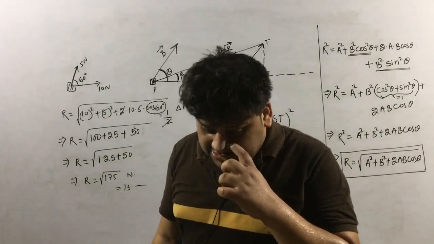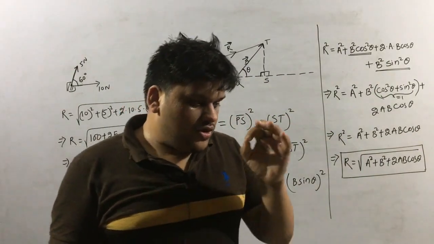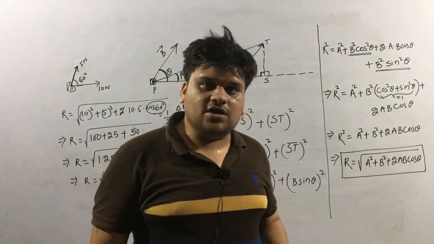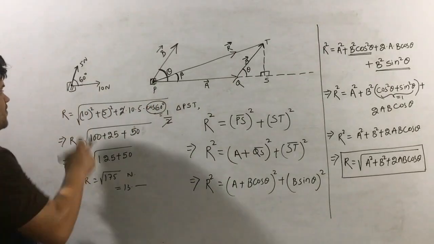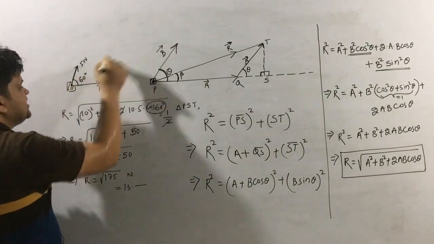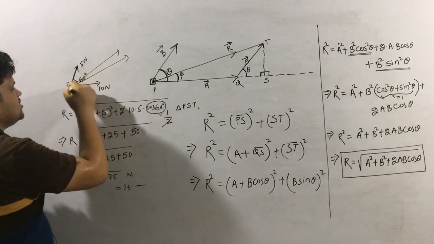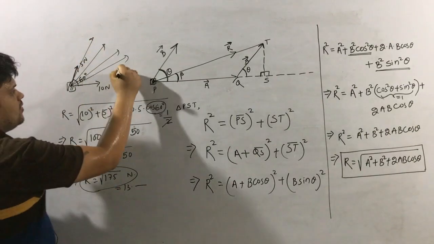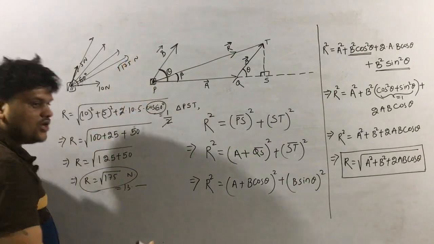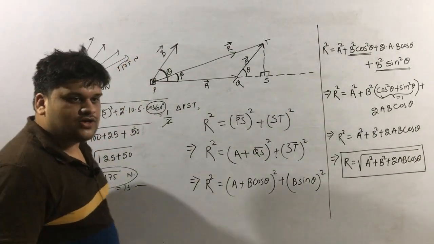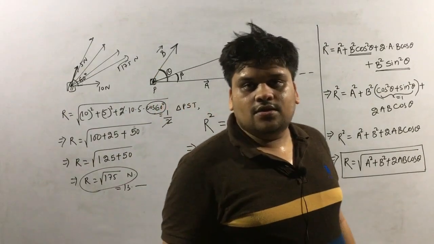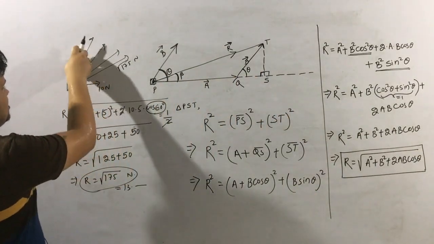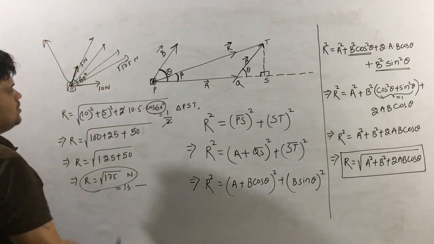Now my question was, what is the force? Now force is a vector. If force is a vector, I must tell whether the force is along this direction or along this direction or along this or along this. That force, root over of 175 Newton, is along which direction? That also I have to tell, because force is a vector. Is it clear? So how will I know whether it will go like this or like this or like this?